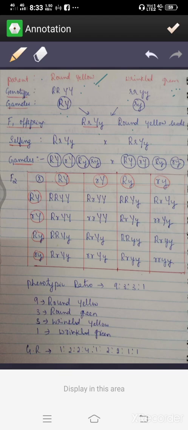So now we went with the selfing. Selfing always means the F1 generation offspring is again crossed with the F1 generation offspring. Anywhere you take it, this is the meaning of selfing. So he took this selfing, and the gametes are capital R, small r, capital Y, small y. These four gametes you can see here. I will show you in the next slide how to take these gametes again, not to worry. These are the first pair of gametes and these are the second pair of gametes.